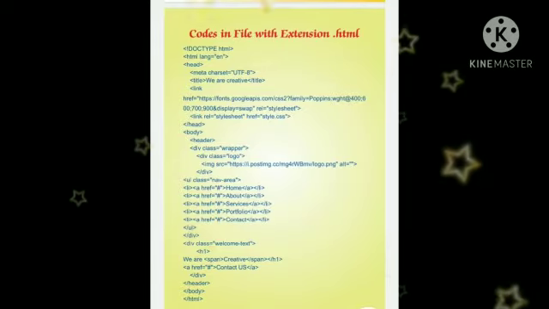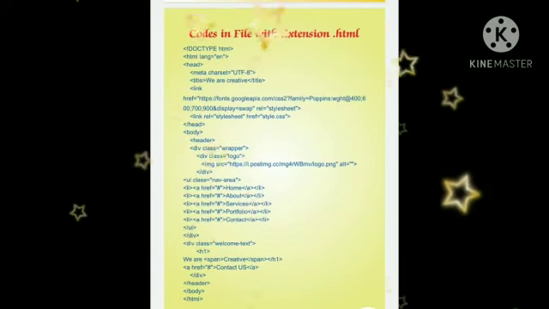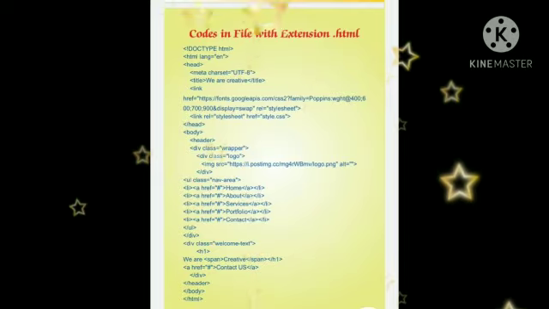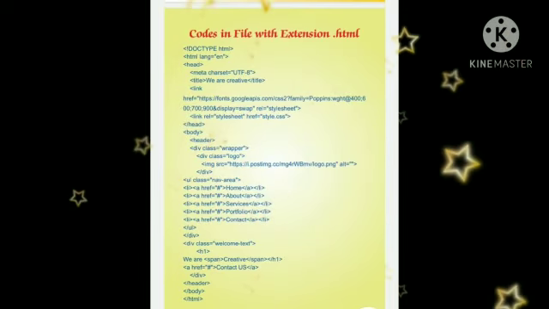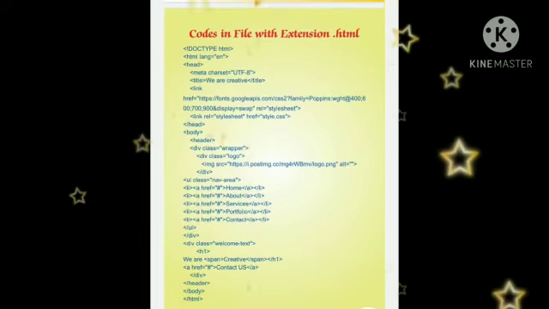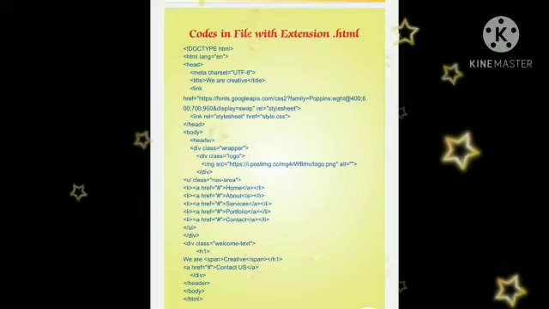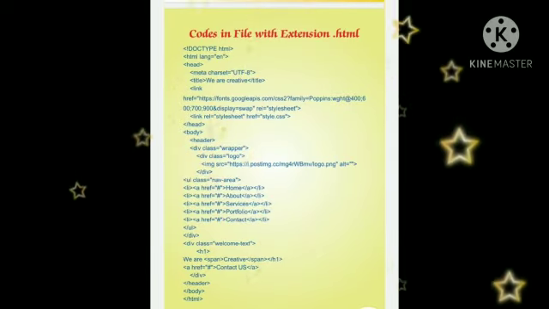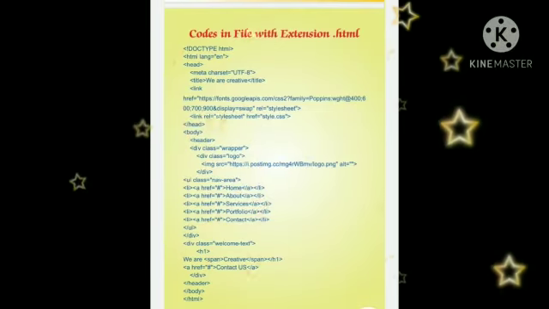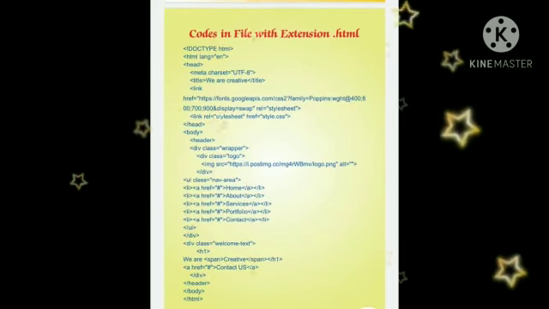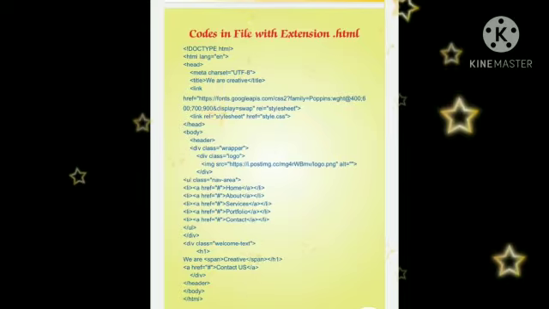Now let us start to create a website. For this purpose, open a folder on your desktop. Then open a Notepad file and save it in your newly created folder with a name and the extension .html. Here I saved it as home.html as my file name. Then open another WordPad file and save it with the extension .css. Here I saved it as style.css. These two steps are very important.